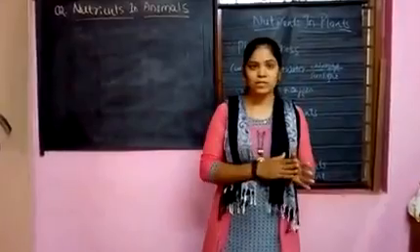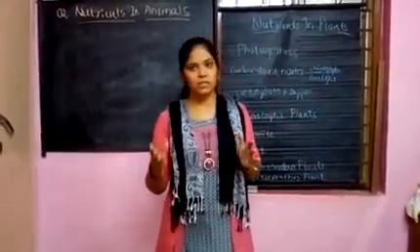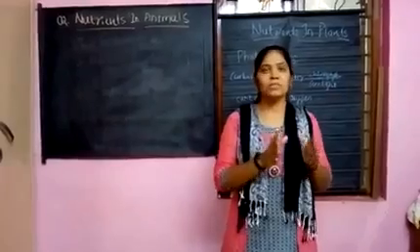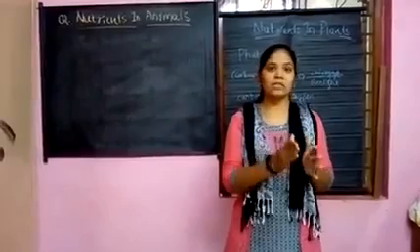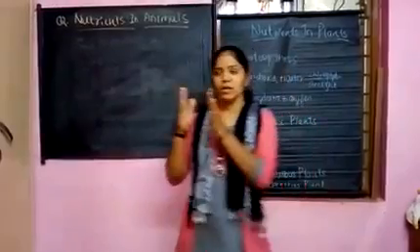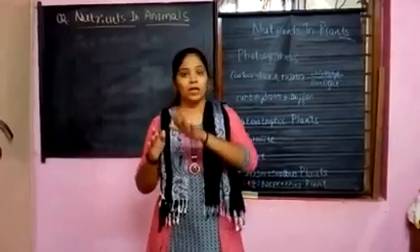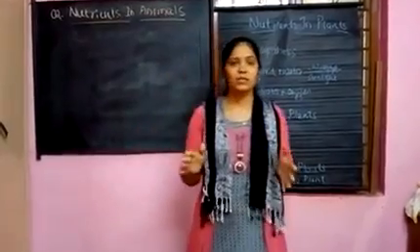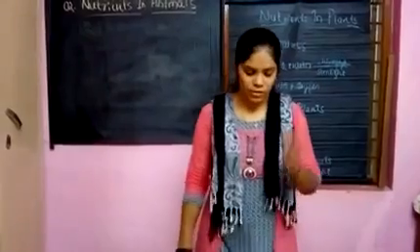Example for parasite is, as I have given, the cuscuta plant or the rafflesia plant, and for saprotroph, the example is algae or a fungus. And another difference is parasites depend on living organisms for their nutrients, but the saprotrophs do not depend upon living organisms. They depend on dead and decaying materials. These are some differences between the parasite and the saprotroph. What is the next question?